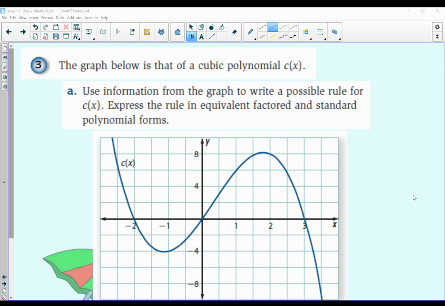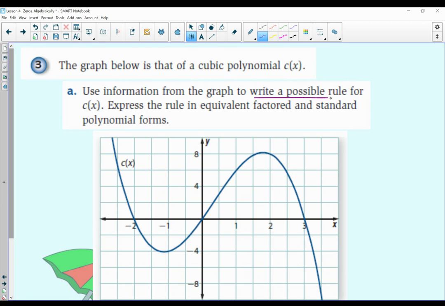All right, so it says the graph below is that of a cubic polynomial c of x. Use the information from the graph to write a possible rule for c of x. Express the rule in equivalent factored and standard polynomial forms. So it's asking me to write